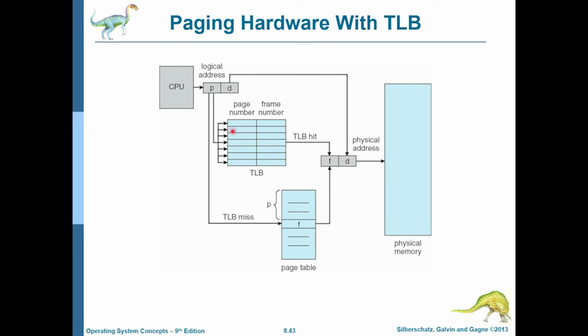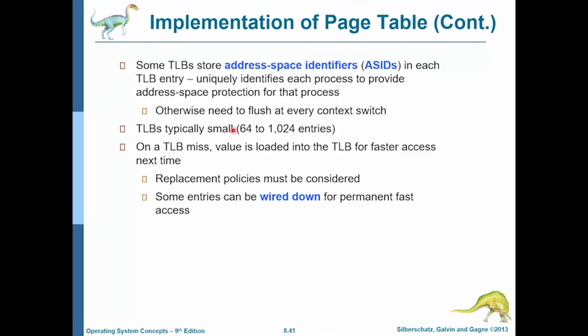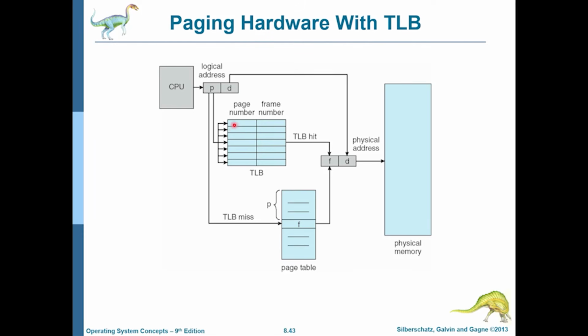That is why, if you do not store address space identifiers over here, which are basically described here, then for every context switch, you'd have to flush the TLB. If a new process comes in, this entire TLB has to be flushed, and as and when TLB misses happen, the TLB will start getting populated. But if you also store some process specific information in the TLB, which says, okay, process number 1, page number 0 now goes to frame number 15, but process number 2, page number 0 goes to frame number 20, then you don't have to flush the TLB for every context switch.